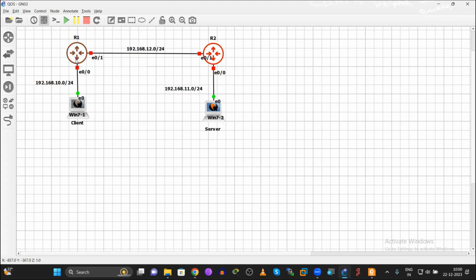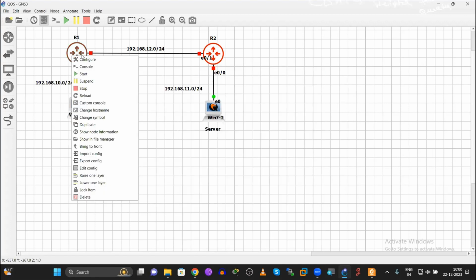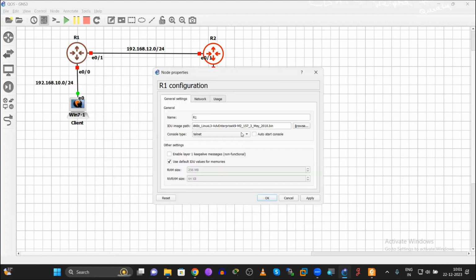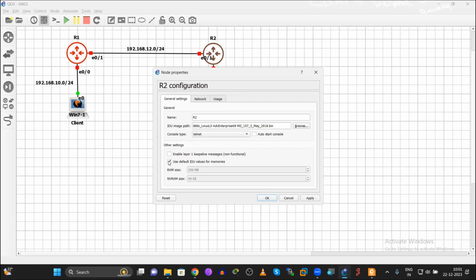First I'll configure the memory. Configure. Instead of 250 MB, I'll use 512. NVRAM 128 kilobyte. Apply. Same here. Configure. 512, 128.